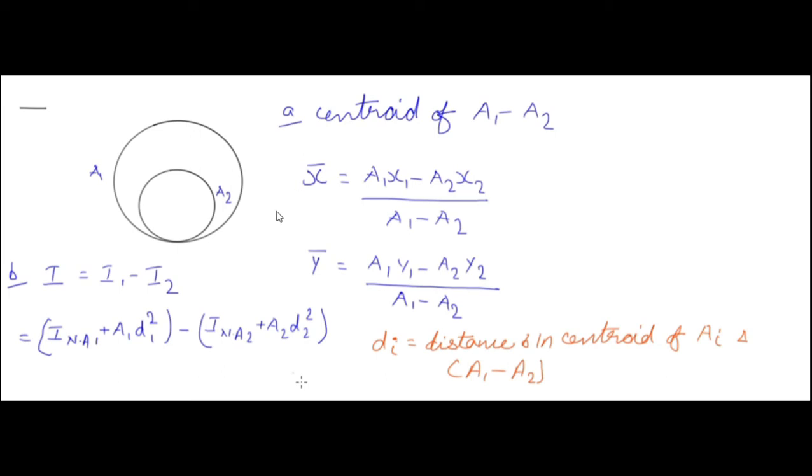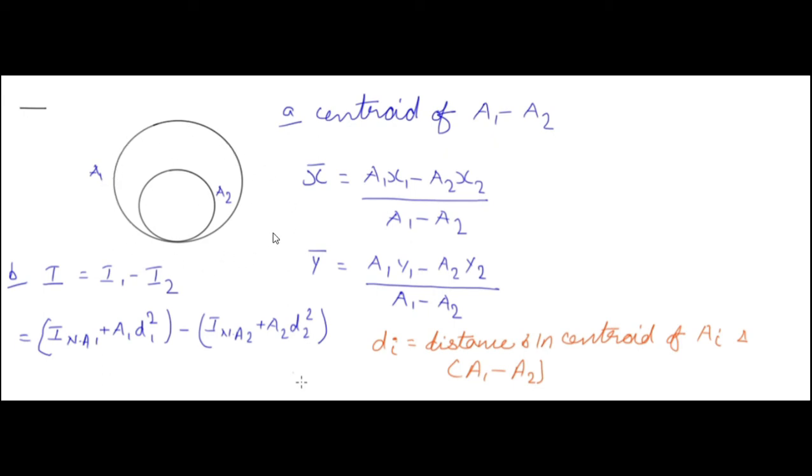Okay. So x bar and y bar are the centroid of the composite section A1 minus A2, and x1, x2, y1, y2 are the coordinates of the centroid of area A1 and area A2. So you have to define an origin, and from that origin mark x1, x2, y1, y2, and then you will have the centroid of area A1 and A2. And once you get the centroid of area A1 and A2, then you find the centroid of the composite section A1 minus A2. Okay.